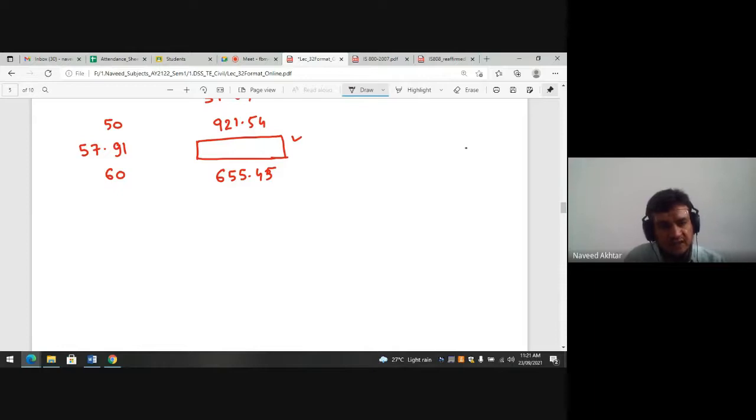So I am finding for this value. If I relate with this, this value is minimum and this is maximum. So I will relate with the 50. So I will write down